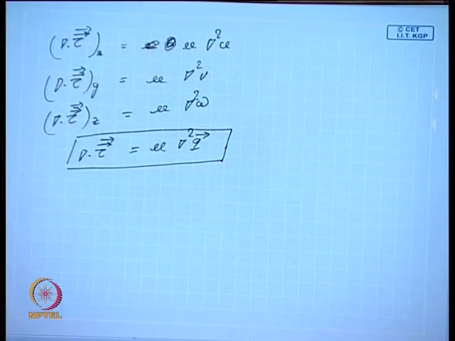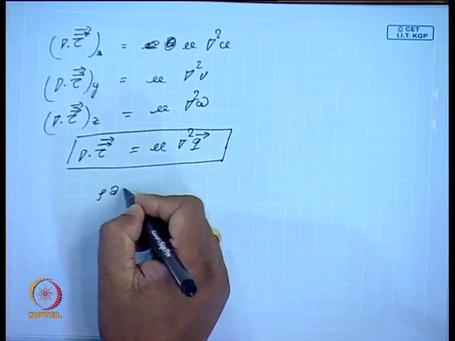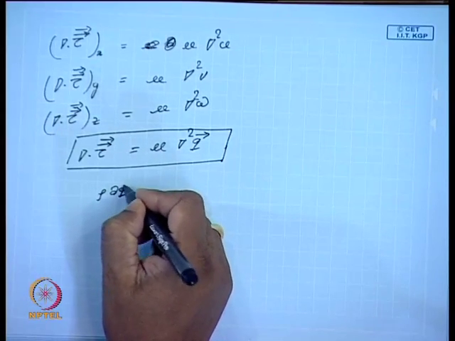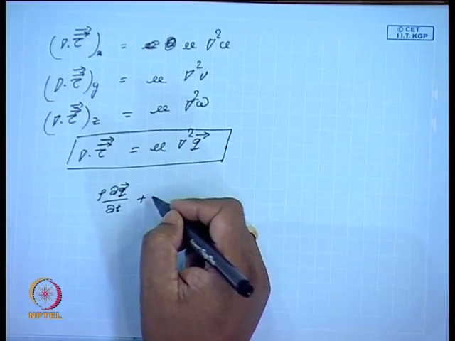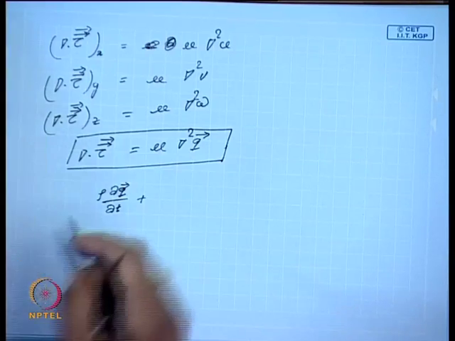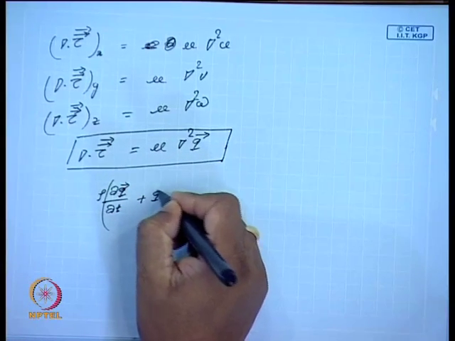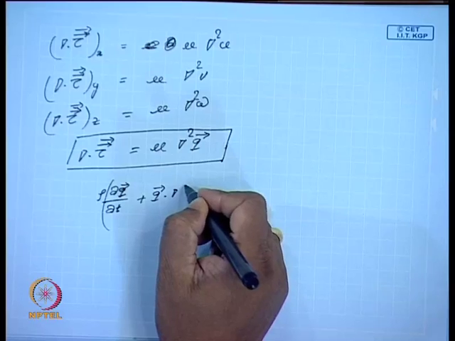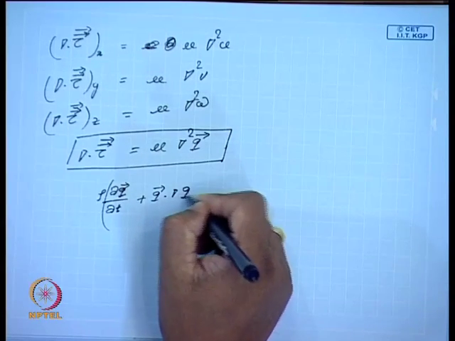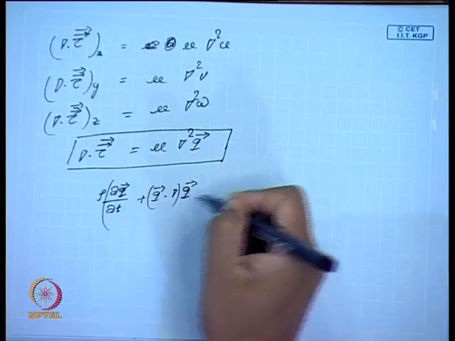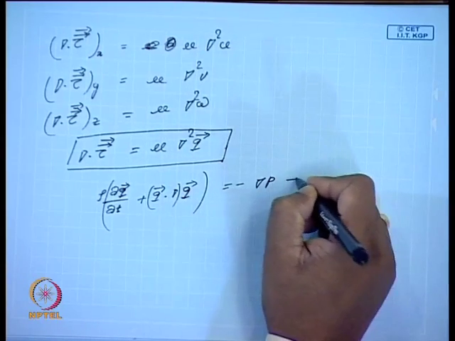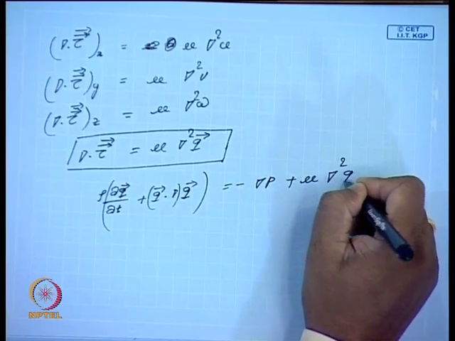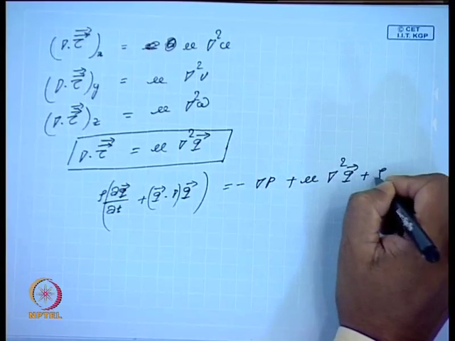So, if I substitute for this in the equation of motion what I proposed in the beginning, that will give me rho del q bar by del t plus q bar dot del into q bar equal to minus grad p plus mu del square q bar plus rho g bar,